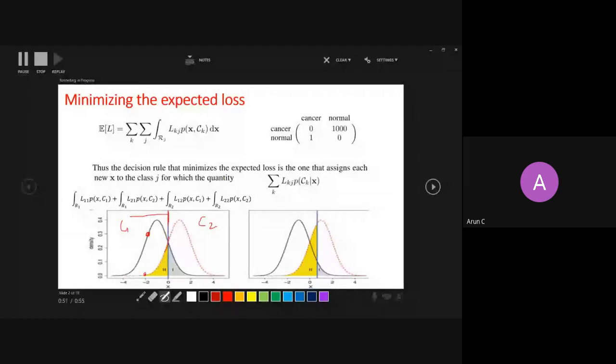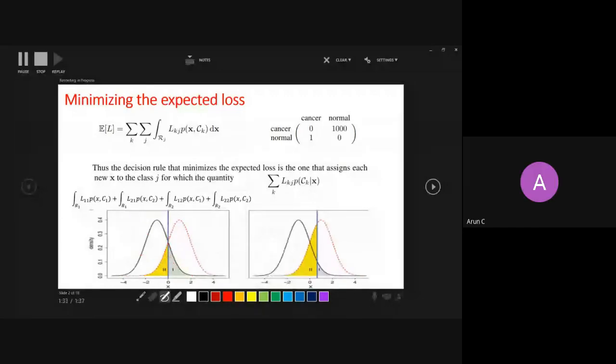So every time X belongs to this region, you directly say that it belongs to C1, because C1 has a higher probability here. Now the rule is the same: C2 is bigger than C1 in this region, so if X falls in this region, you directly say that it belongs to C2 because C2 has a higher probability. That is how we get an optimal decision boundary. Why was it optimal? Can anybody tell me?